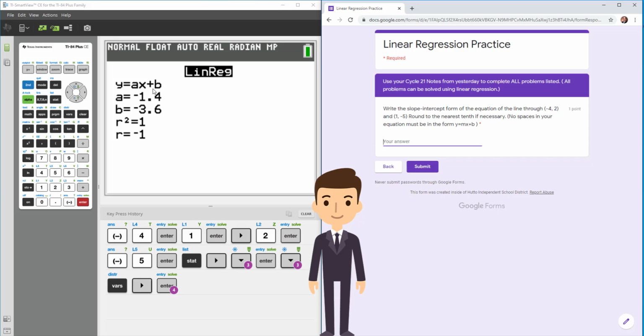This one here, as you can see, let me just point out a couple pieces of the data. So this is my slope, this is my y-intercept, this is my correlation coefficient. This is a perfectly negative correlation. It means that this line completely fits these 2 points that I gave it. The line that best fit it went perfectly through those two. So based on that,